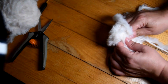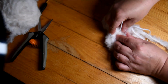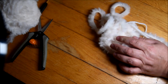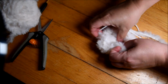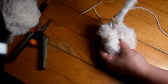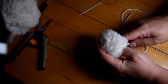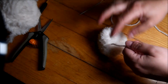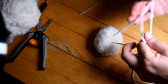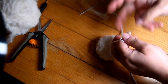So to do a knot, you just poke inside, keep some in a little loop, and then you push it with your finger and your thumb. Don't cut the yarn, just put it in the middle, the other tail too, and it will be the filling you need for your pom-pom. And then you pull on those yarns and attach it together, and voila, you've got your perfect little pom-pom for your hat. And voila,